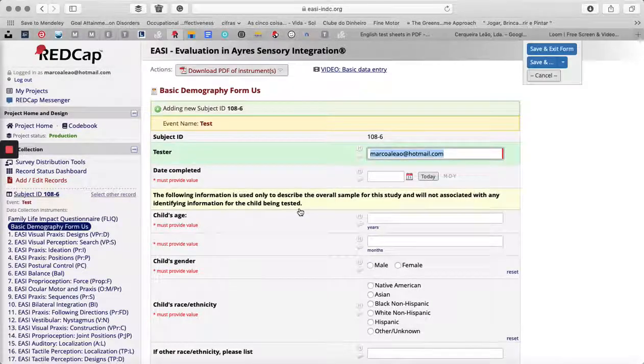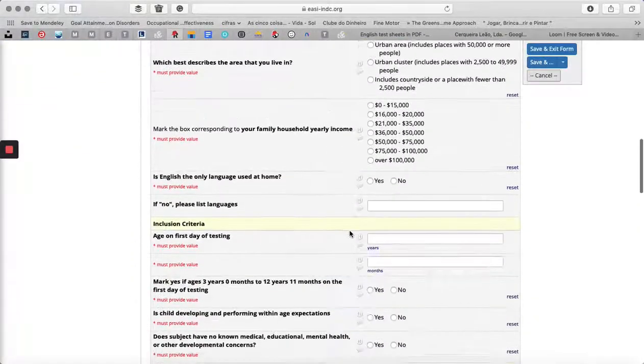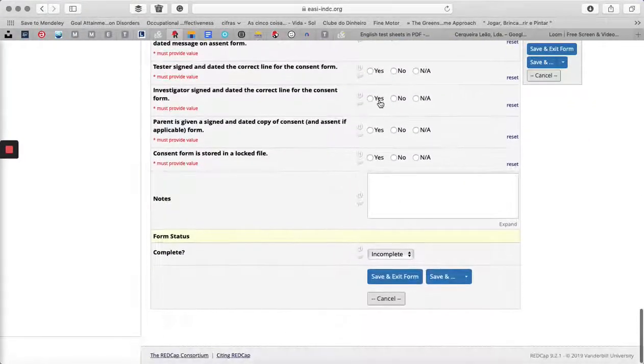You click the little gray circle, and you'll see that your username will be automatically added to this field, that is the tester ID. This way, every questionnaire, every test sheet that you fill in will be agglomerated under this username. That's your username. So when you finish filling this demographic form, you save and exit,